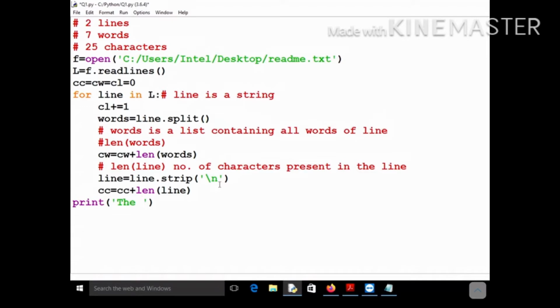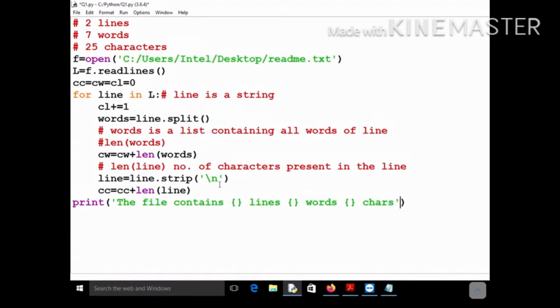If not, then see the previous lectures and you will understand. So I will write that the file contains, and these are the placeholders, where you need to feed the values: so many lines, then so many words, and then so many characters.